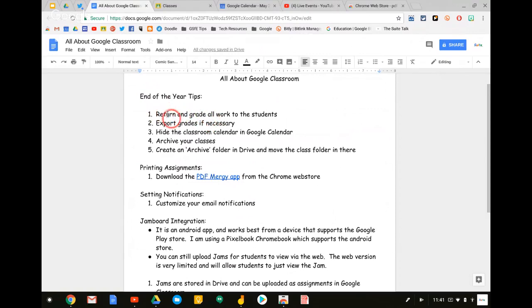So the first thing that you should do is return and grade all of your work to the students. Make sure that all of the work is graded, everything is returned to them, and if you want, you can export those grades at that point. If you try to export grades when you didn't grade the work or return it, then you're going to get invalid information in the spreadsheet. So 1 and 2 go hand in hand. You want to return and grade all work, and if you would like, you can export the grades to a